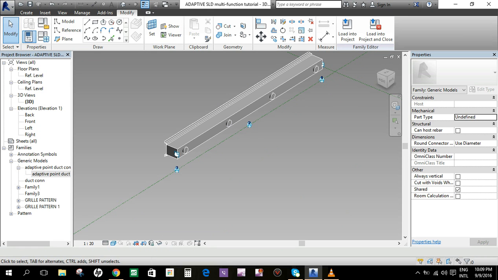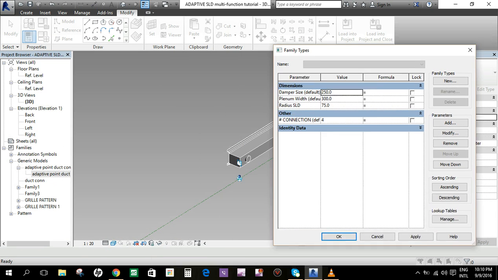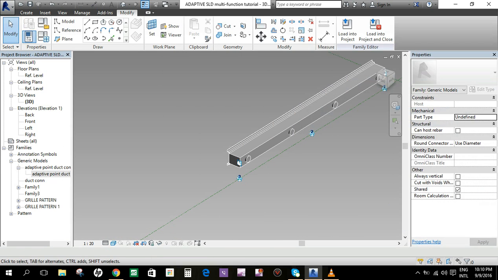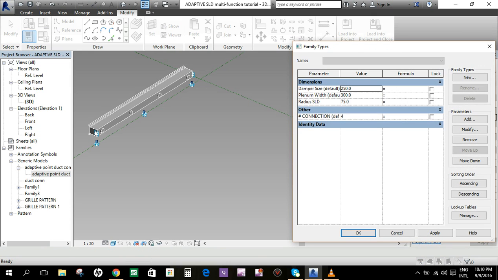So now we can choose here in our Revit family parameters. We select maybe 2. Yes, it's functional now. 3, 4, 5. We just create 5 connections.